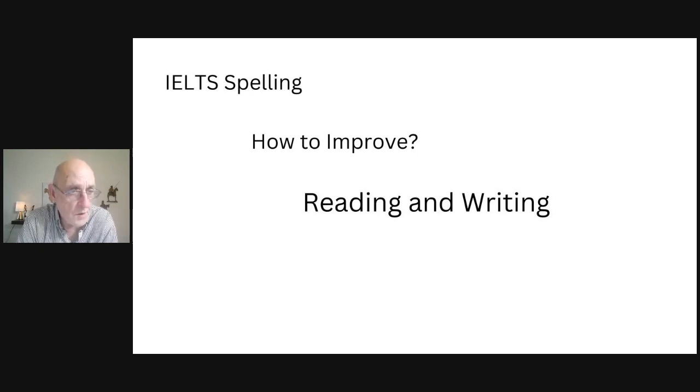When you're doing your practice writing for your IELTS essays, if you come to a word and you're not sure how to spell it, just spell it as best you can, and then go back later and check your spelling. And if a word looks like it's not spelled correctly, or you're unsure of it, then look it up and check your spelling. And I'll give you one more tip for spelling, and this is a tip for test day,